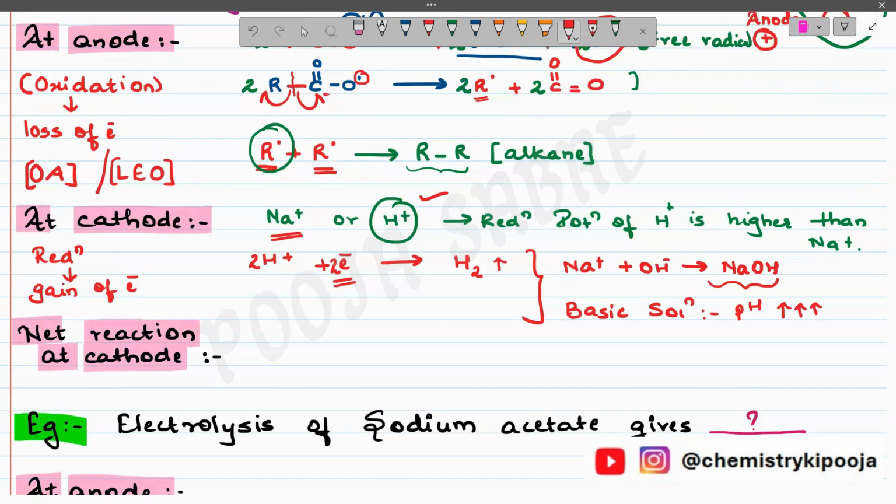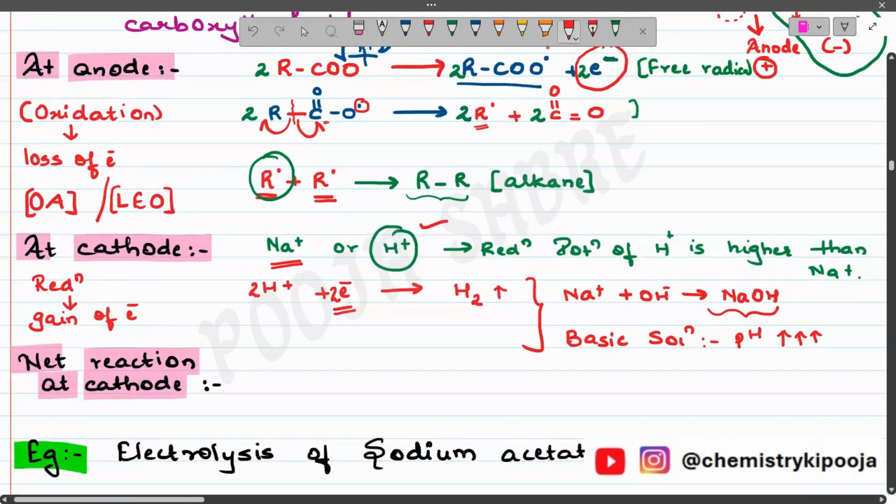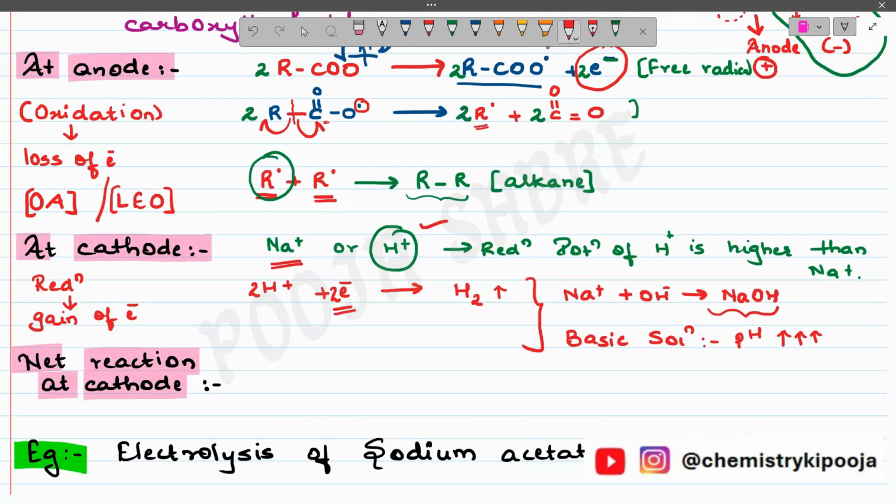Clear? Coming back to the reaction now. If I look into the cathodic reaction, yes, we have written this, and the anodic reaction. So everything we have written. And then, of course, I can write down the net reaction as well. So what will be the net reaction? Simply, you're going to combine both the reactions, right? So after combining both the reactions, you will get the final reaction. Clear? So this is the net reaction over here.